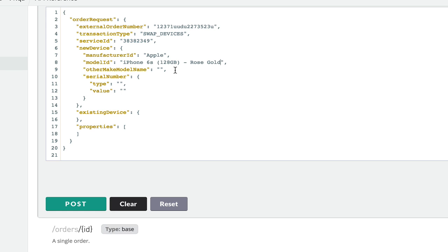Now, the other make and model name, we would be using that in the event that we didn't have a manufacturer ID or a model ID that matched IDs in our system, but we still needed to identify for the carrier the make and model of the device that we're going to be changing our assignment to. And so in that case, you would just write the make and model combined into one field that will get passed to the carrier. Last, I will enter my serial number, starting with the type, as well as the actual